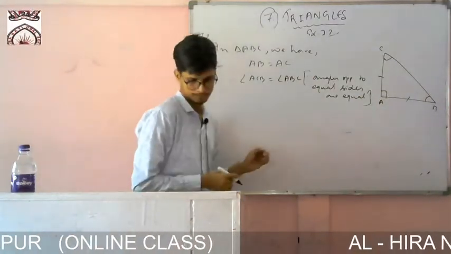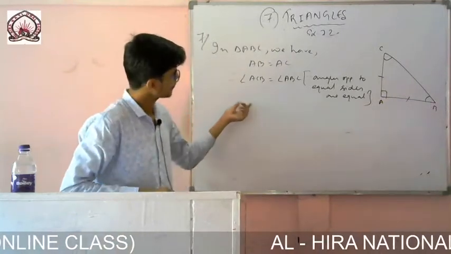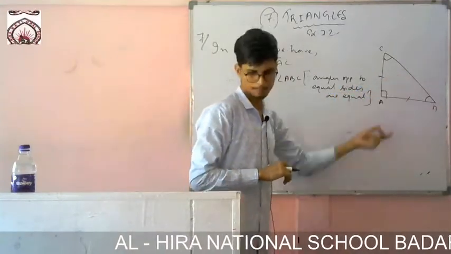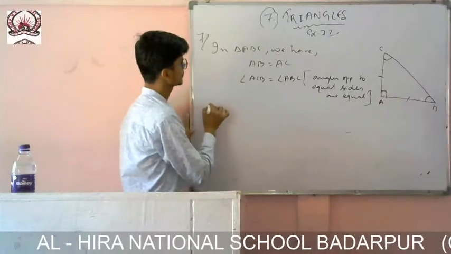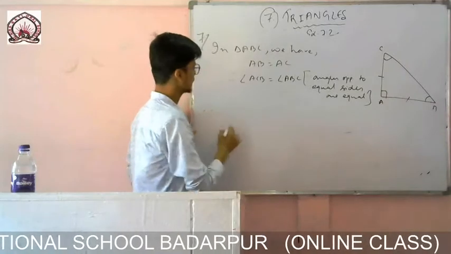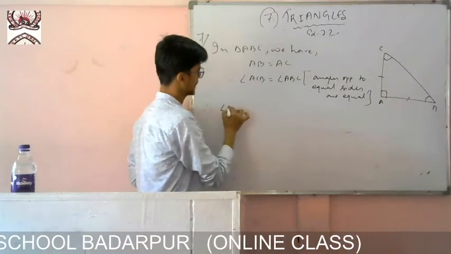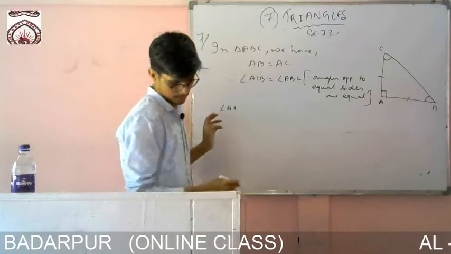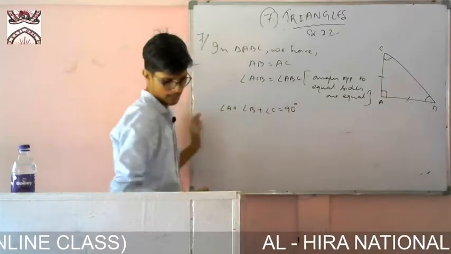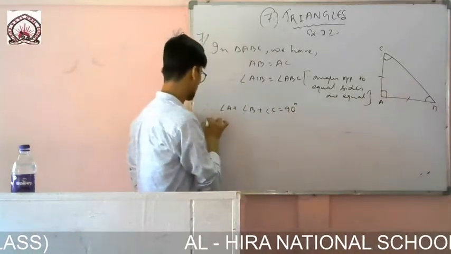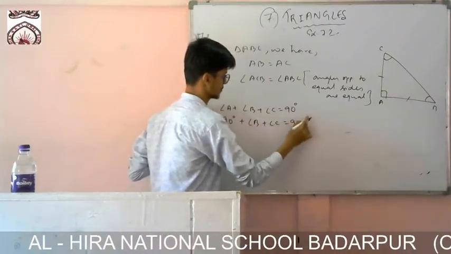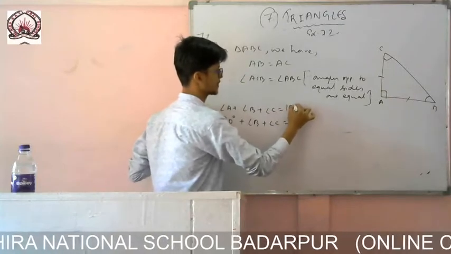Okay, now you see, if these two angles are equal, then what can I write? Okay, let me use the angle sum property. In triangle ABC, so it is given here. So now I can write angle A plus, only A is given a measure, no? So angle A plus angle B plus angle C will be equal to 180 degrees. Angle A is given as 90, angle B plus angle C will be equal to, angle A plus B plus C, it is 180 degrees.